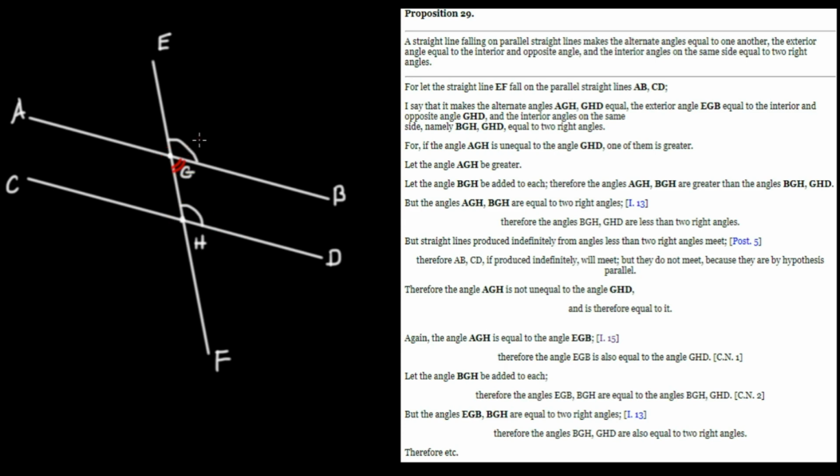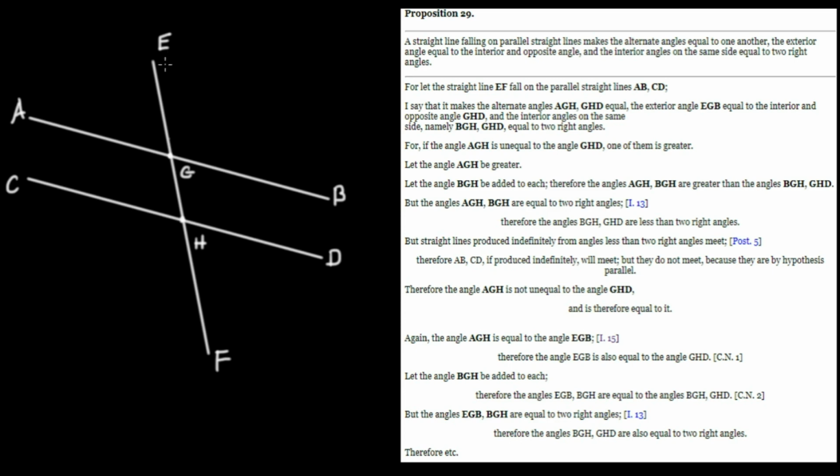Recall the reason EGB and BGH are together two right angles is because we have a straight line, and those two are adjacent angles, so they must be together two right angles by proposition number 13. And it follows immediately that BGH and GHD are equal to two right angles, because we added the same to things which are equal. So just to recap everything that we've demonstrated in this proposition, given that AB and CD